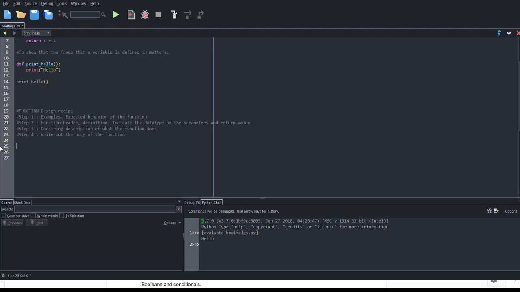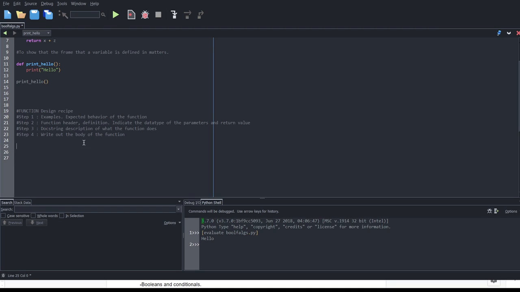Okay, so let's run through an example, and we can run through our function design recipe. This will be important because if you miss any of these steps, they will be deductible. Those will be deductible mistakes that can lower your mark and lower your mood. And you want to be very happy when you finish the exam, so try not to have anything in there that will lower your mood. Yeah, so writing the body of the function is basically the same as implementation.